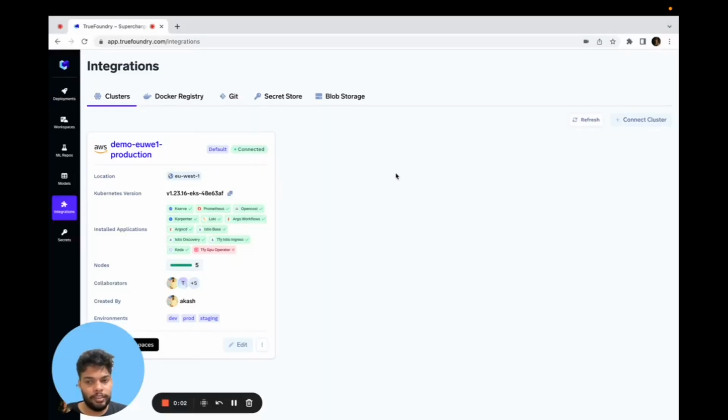Let's get started understanding the TrueFoundry platform. The first thing that I want to show you is the integrations tab, within which you have something called clusters. So what you see here, this particular UI or web application, is actually known as the control plane,